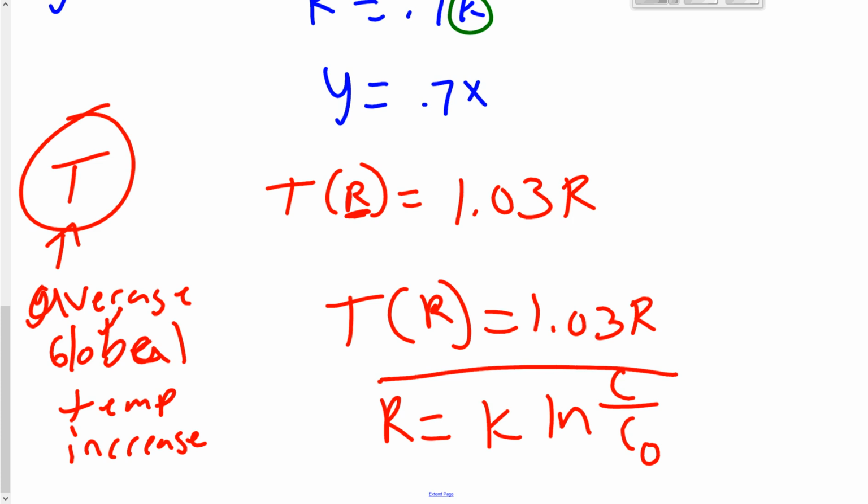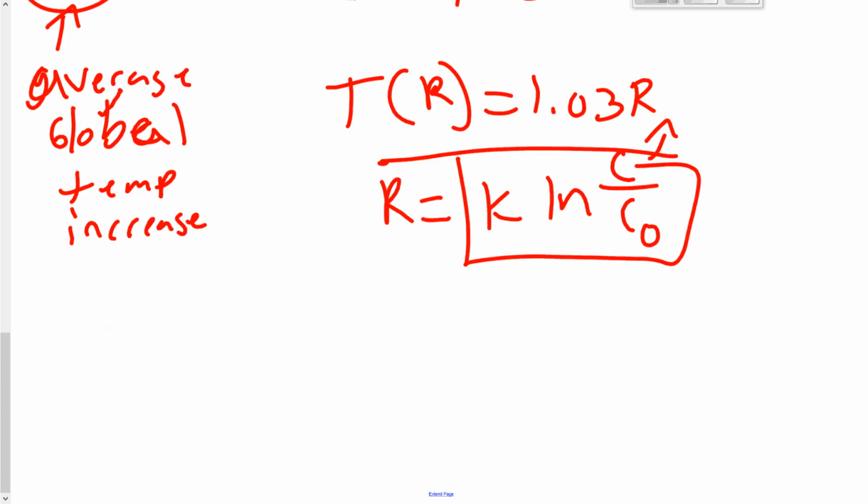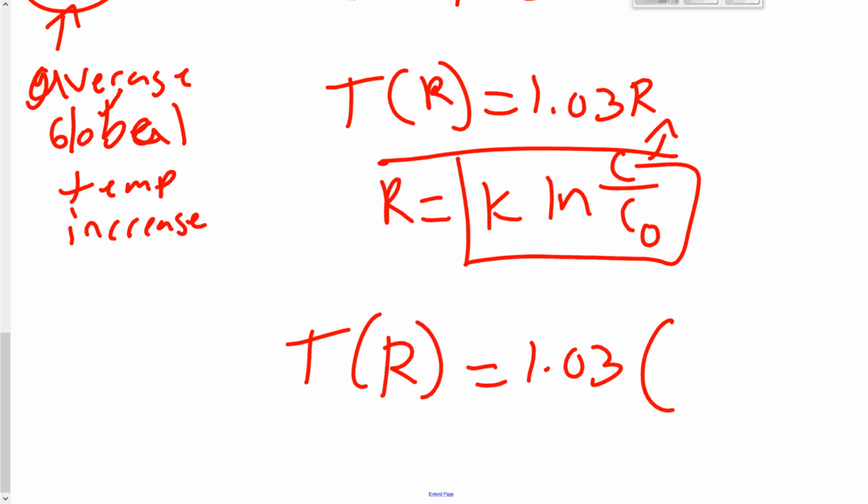So now I'm going to plug this in for R into here, okay? So T of R is our 1.03 times our R, which is K ln of C over C sub 0. So then we can just multiply that in there,